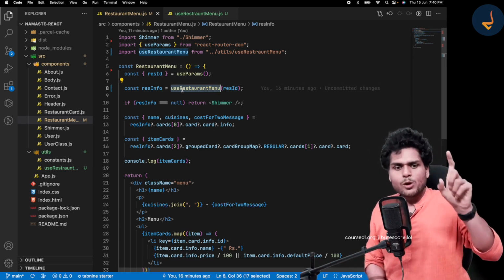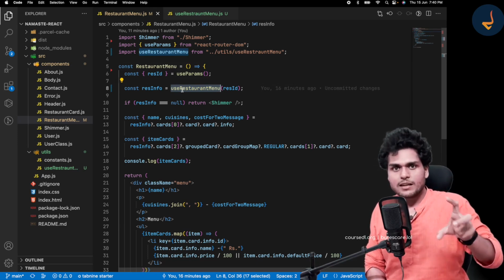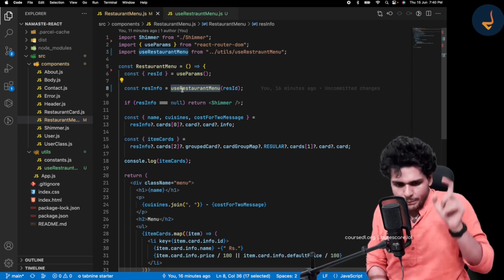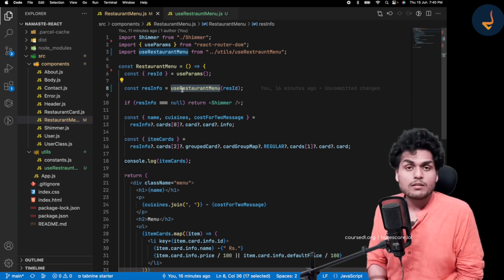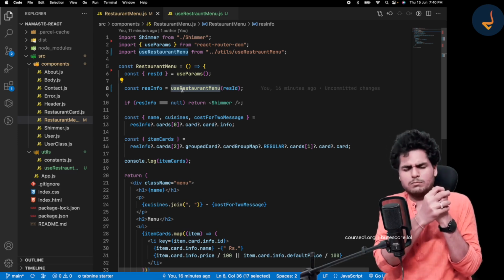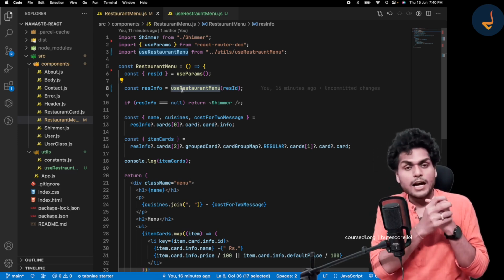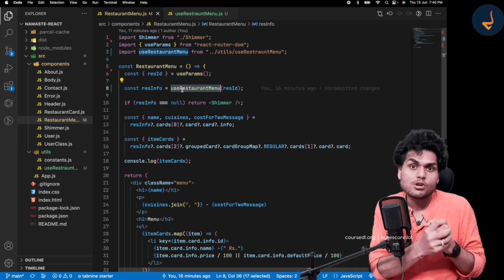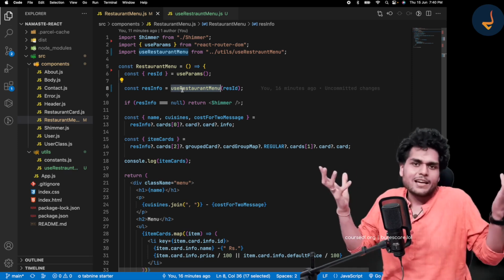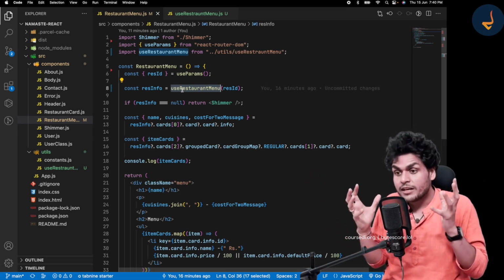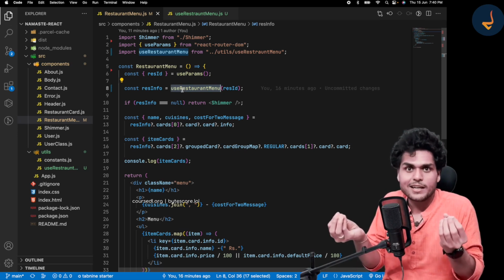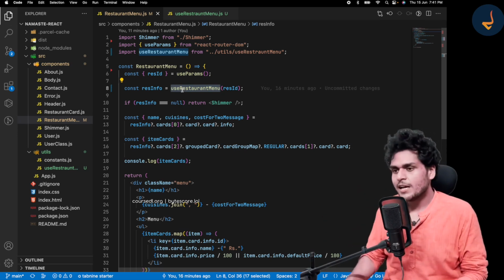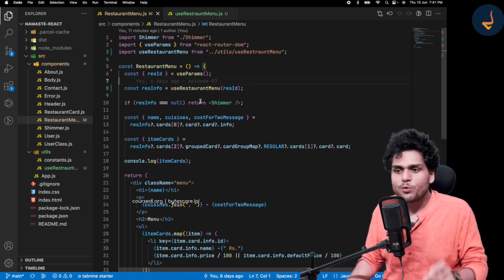Now, a lot of people get confused with this custom hook logic. So let me now show you one more example of creating a custom hook, right? That will just strengthen your understanding of custom hooks. I want you all to be very good at custom hooks because I like it, right? It's a cool thing and it can make your code look much better and much more useful, right?